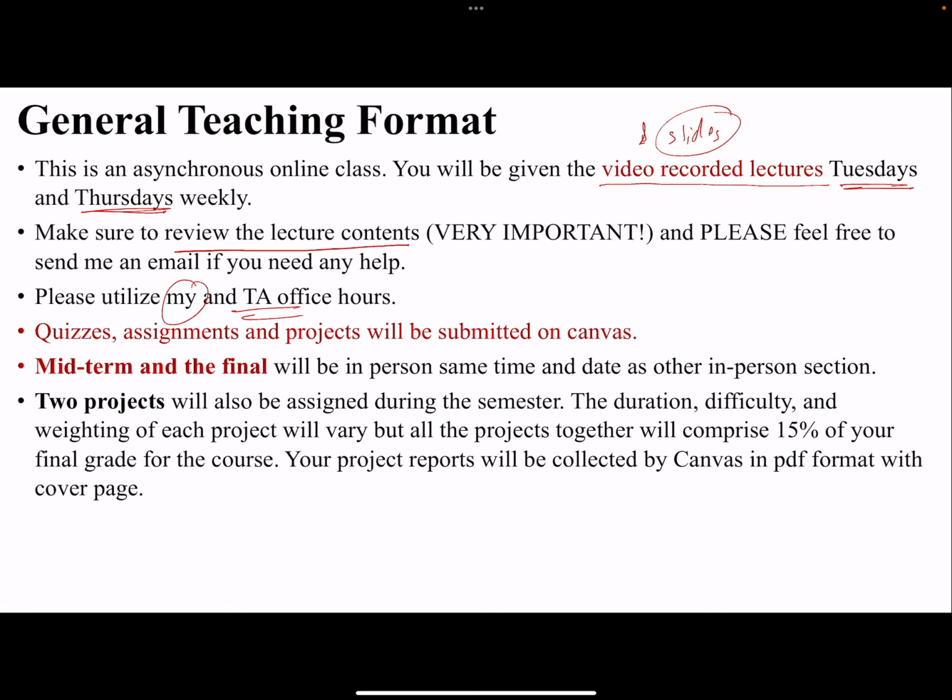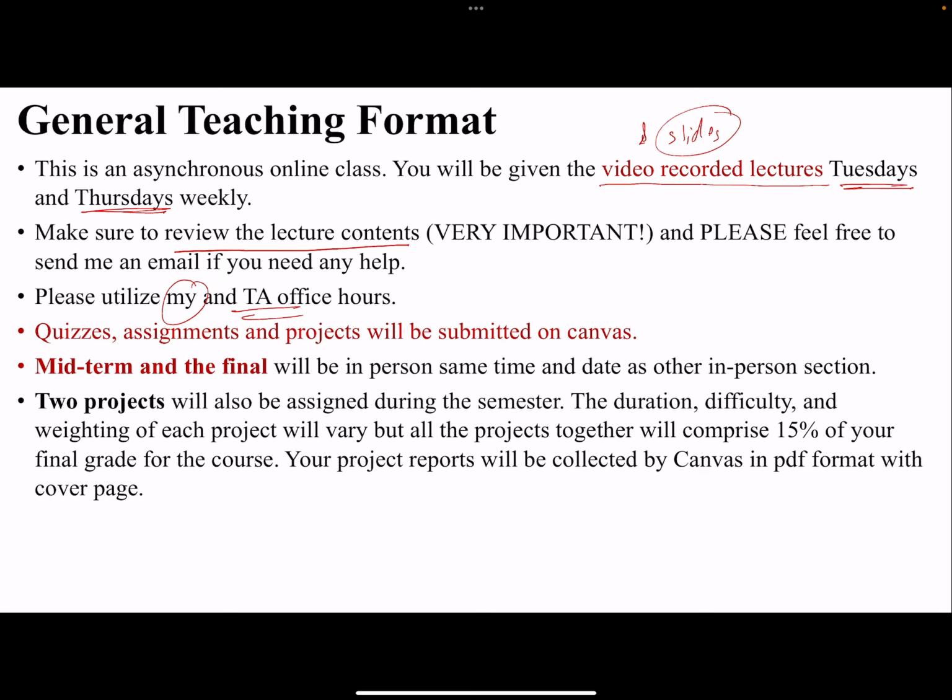Fourth, you can send me an email and I will be more than happy to schedule a one-to-one meeting. If I have dedicated office hours, then separate one-to-one meetings may not be possible. Then we are just going to be fixed with the fixed office hours. However, if I do not have fixed office hours, then I will be happy to schedule a one-on-one meeting whenever you need one. Having said that, feel free to send me an email anytime in either case, whether fixed office hours or as-needed office hours. Send me an email, and I will be more than happy to respond with any questions that you have.